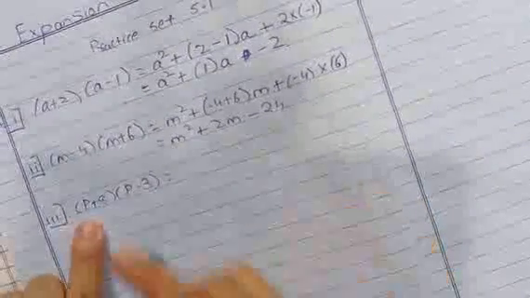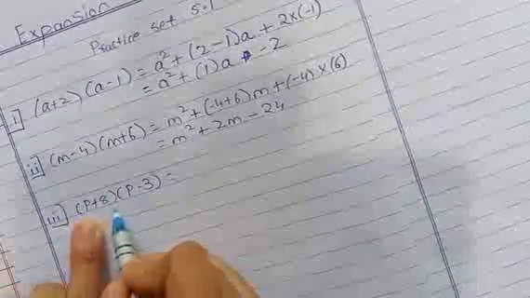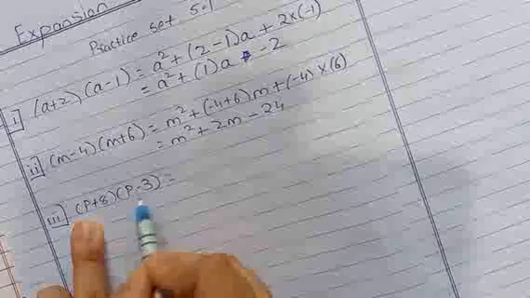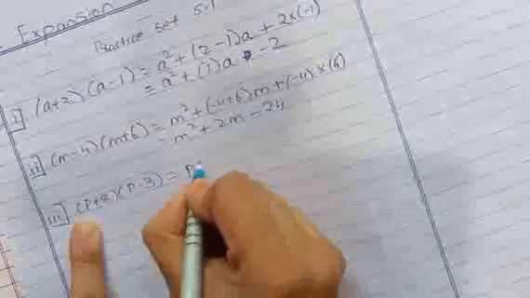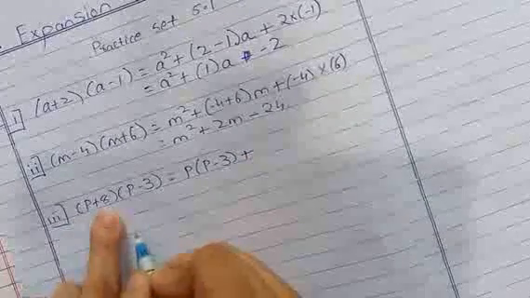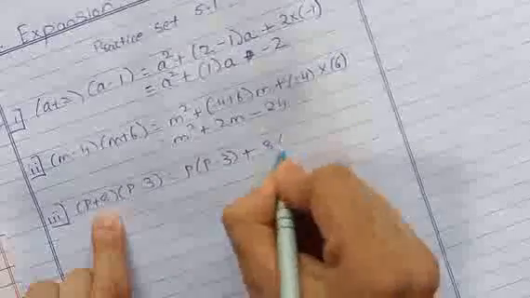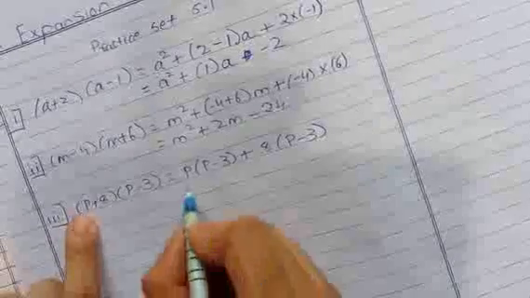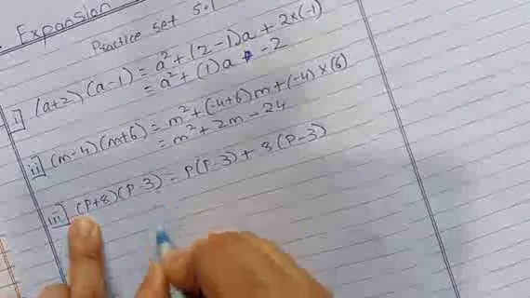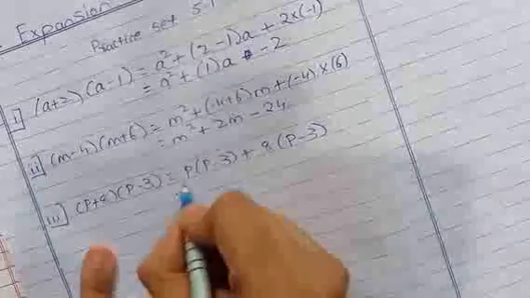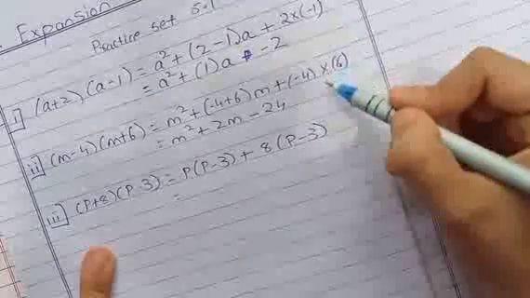The method I am talking about is, first you see the first bracket. The first bracket's first term, that is p, will be multiplied by the whole bracket here. So I am keeping p multiplied by (p minus 3), plus the first bracket's second term multiplied by the whole bracket, that is 8 into (p minus 3). So I did p into the second bracket plus 8 into the second bracket. Here, just one step is added, and there the step was coming directly.